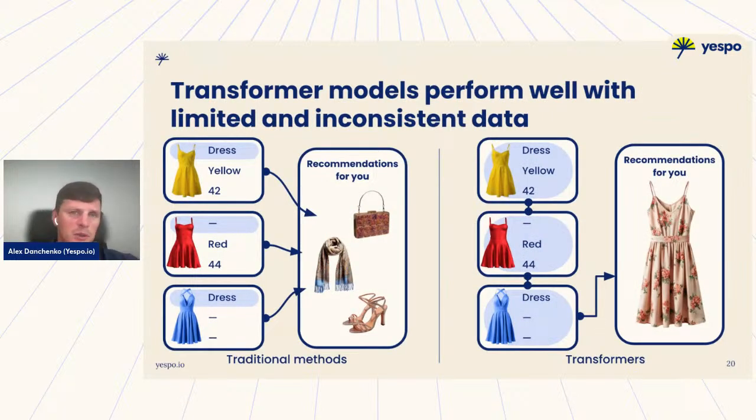And another very important thing is that transformer models help you to perform better with different types of input. So for instance, we have a category view and a product view and some filter implemented on your website. And each of them shows that you are looking at a small segment or small slice of the products you have.